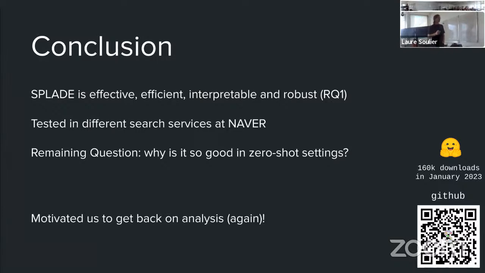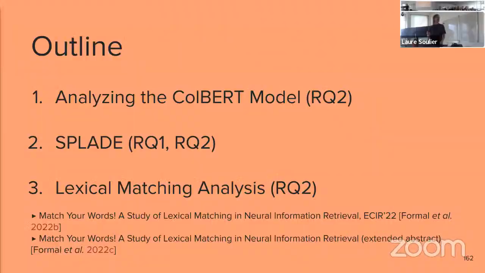So it motivated us to get back to analysis again, which brings us to the third contribution of this thesis, where we are going to analyze how neural ranking models behave with respect to keyword matching.